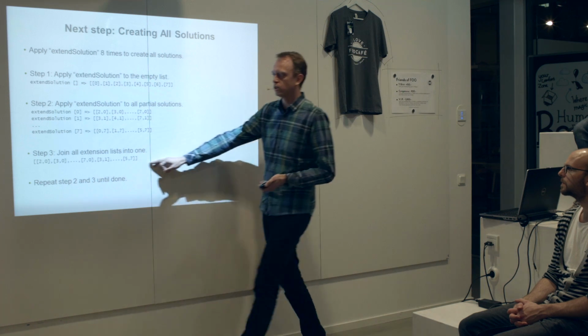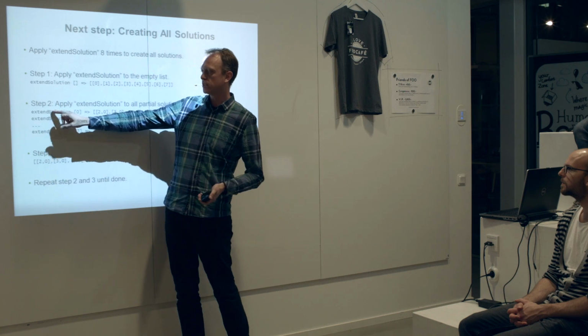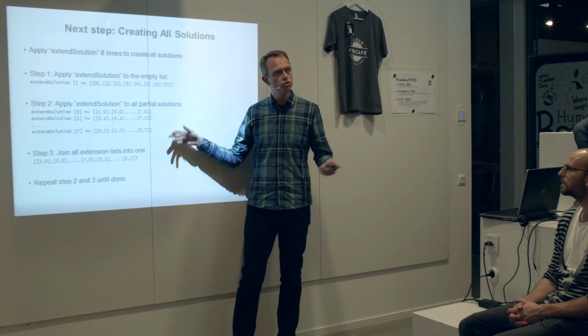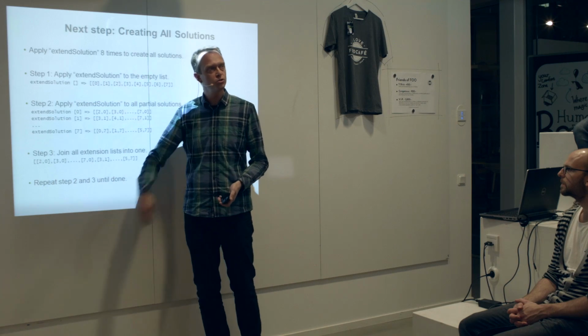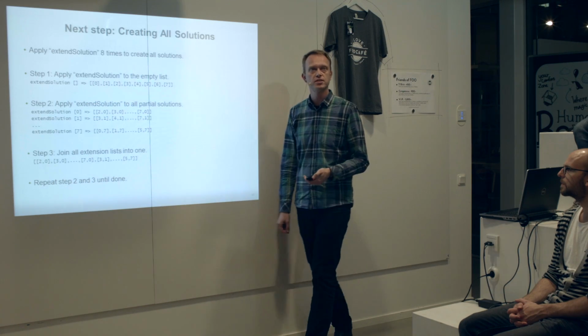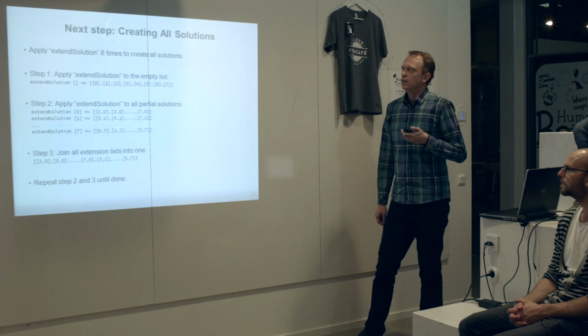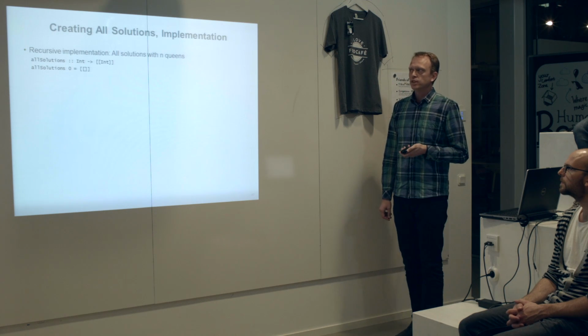So now that you have this one, we want to do the exact same thing. We want to map extend solutions on all of these, join them into one. Map extensions on the result of all of those, and join them into one again until we've done it 8 times. So how do we implement this then? Well,